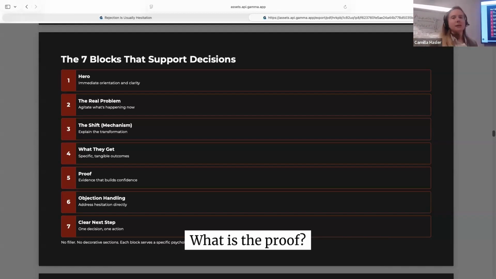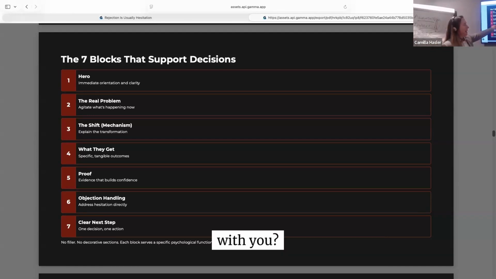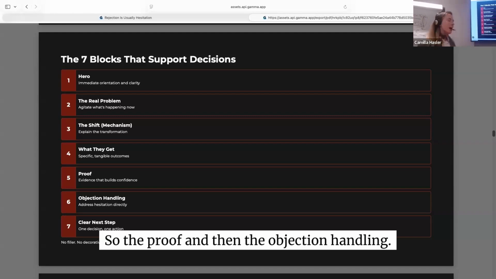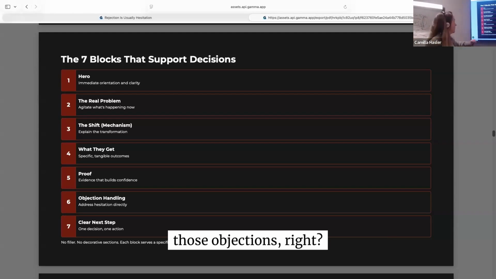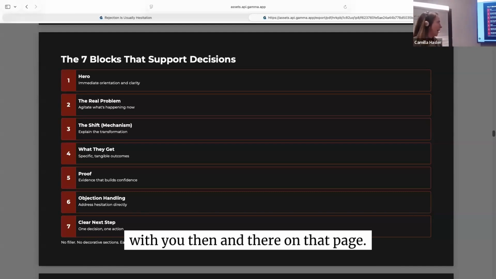What is the proof? What's the evidence you have that builds confidence in this option of working with you? These are all for your landing page, right? So the proof, and then the objection handling. You need to pre-frame those objections. Address the hesitation that the buyer could be feeling in that exact moment with you, then and there,